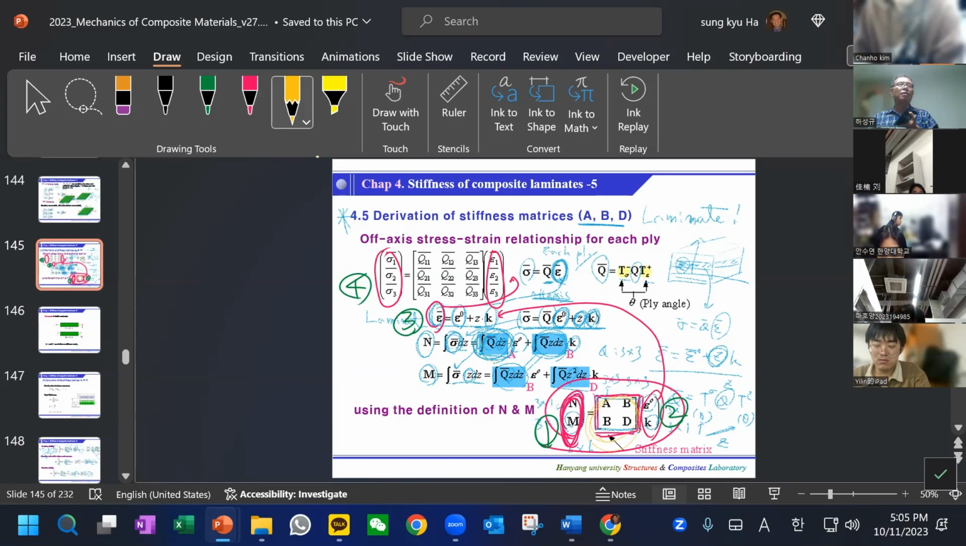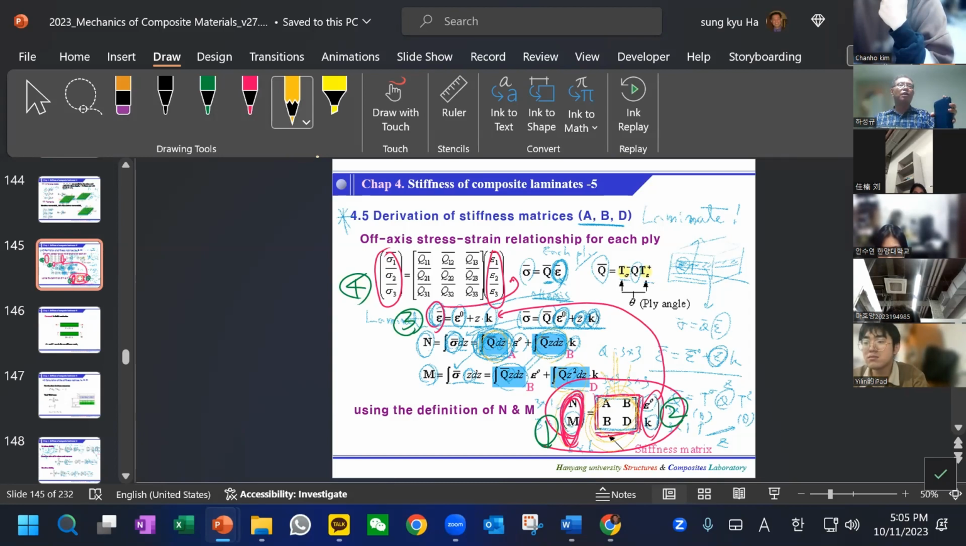This A is like a Young's modulus and position integration. This is the ABD matrix. Okay, so just to try to please understand the concept: this is the material property and the layup sequence, and then this will be calculated by the program, and then